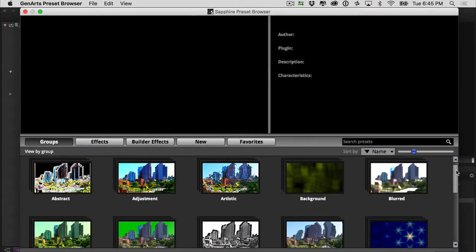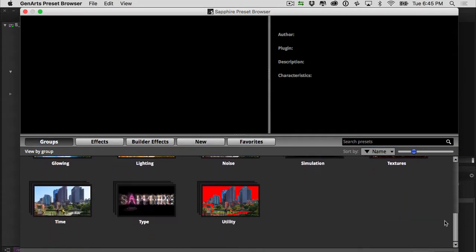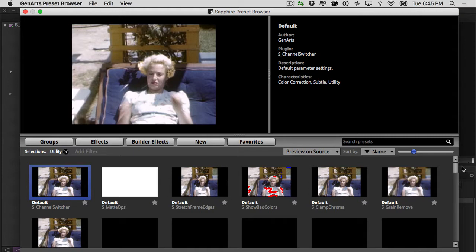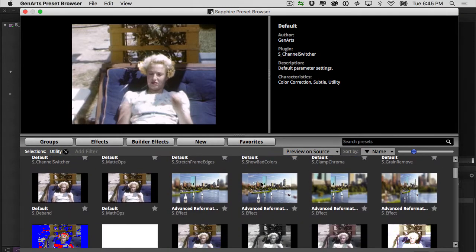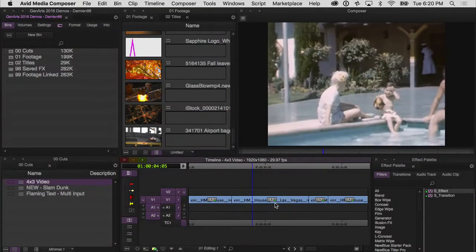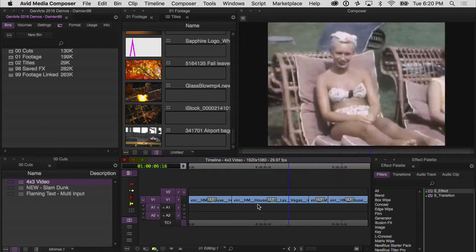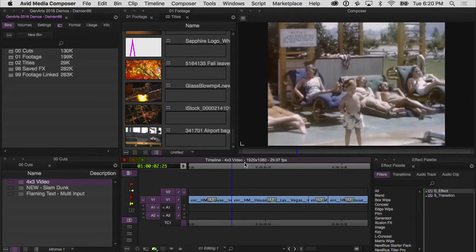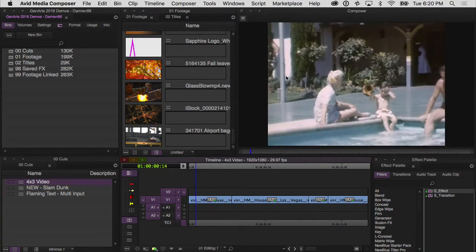Another one of the great time-saving features using the Sapphire Builder are all of the utility presets. What used to take several minutes and several layers in your timeline when you're editing can now be accomplished with a single effect on one track. For example, I have this timeline here of 4:3 footage and a 16:9 frame,